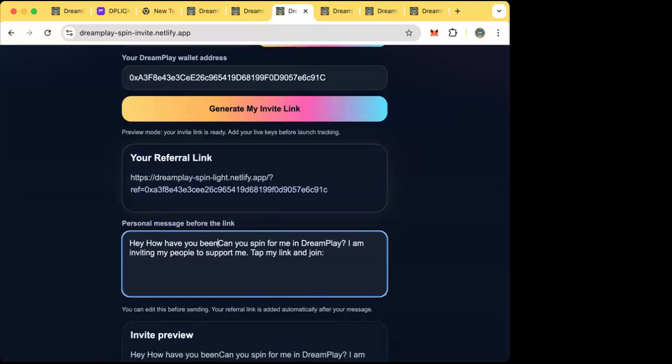I usually like to do how you've been, messaging, to ask you to do a favor. And there are different ways you could do this. Launched a project, need to spend for